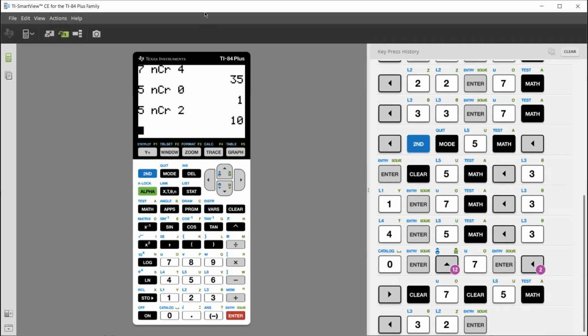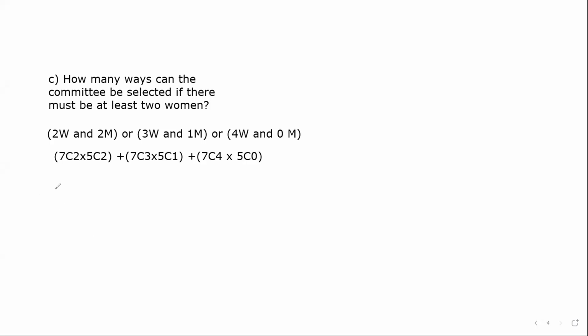We have all of those, so we can put it in. And you've probably already done it. So this was 21 times 10 equals 210. This was 210 down here. And then we're adding, right? We have to find another product. We have to add. 7 choose 3 was 35, right? So yep, 35